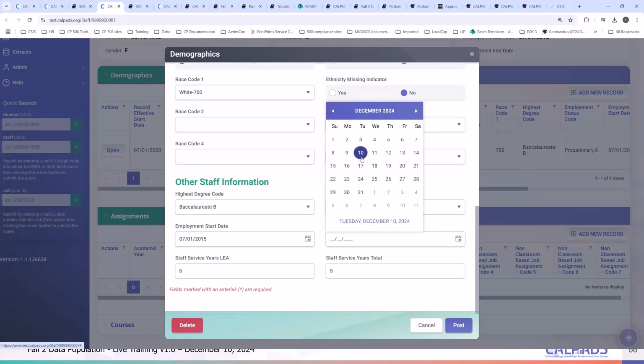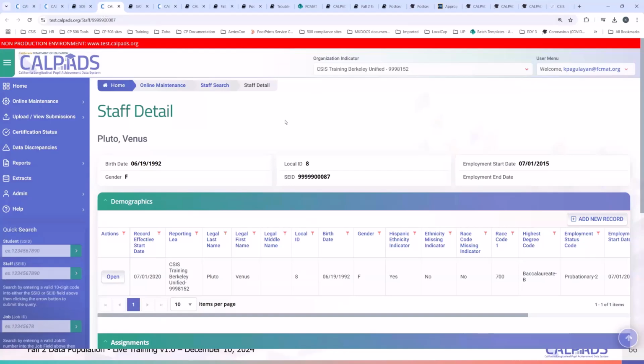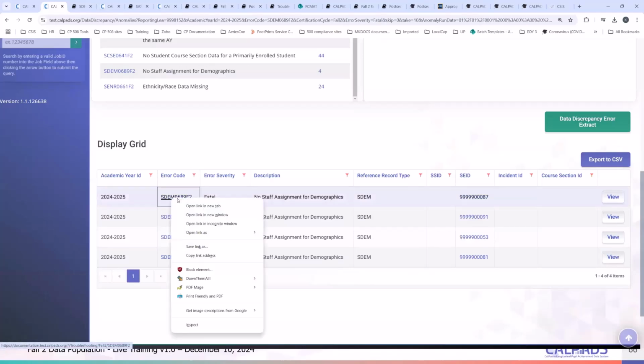Okay. So once you put an employment end date, assuming this staff member left before census day, then that SSID number will be excluded from any validations, right? So for those new to CalPADS, take advantage of the CalPADS user manual, take advantage of all the links to errors because it leads you to the actual error page.